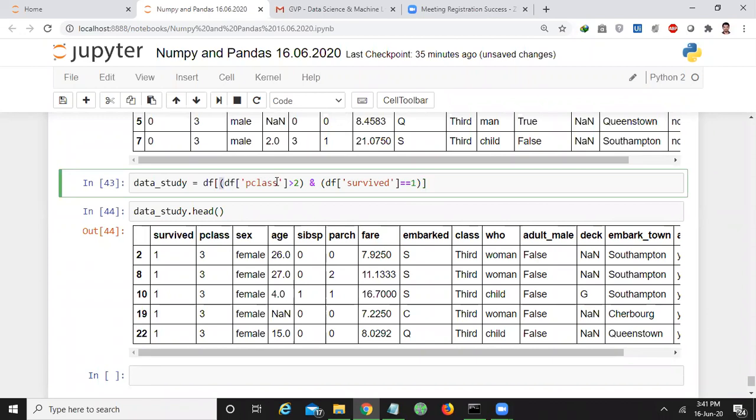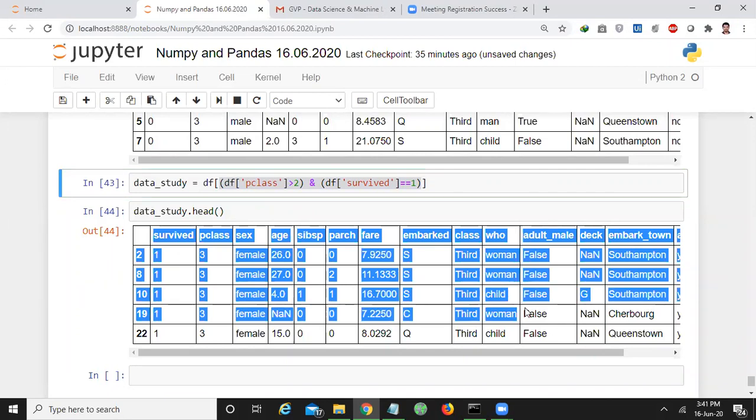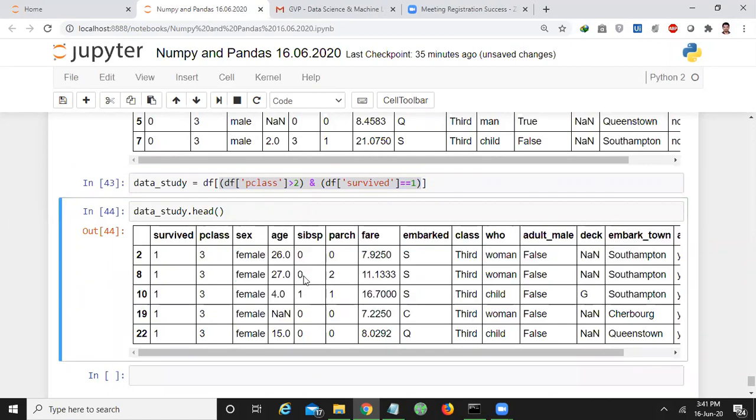Bitwise means it calculates the truth values of all the conditions, and later it performs AND operations between all the truth values of the data set. And according to the resultant truth value, the records will be found like this. So these are the records of the passengers who are third class and who survived.